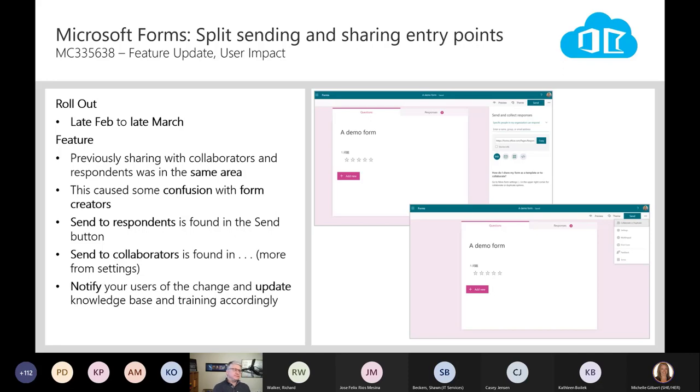All right, Forms. I ran into this because I use Forms for a lot of different things, and I've worked with a lot of customers around Forms. One of the confusion points is that I may want to send this out to people to fill out, versus I want to collaborate with somebody. If you've done that before, you notice that they're very similar, in the same window, and it just doesn't work so well. So late February to late March,